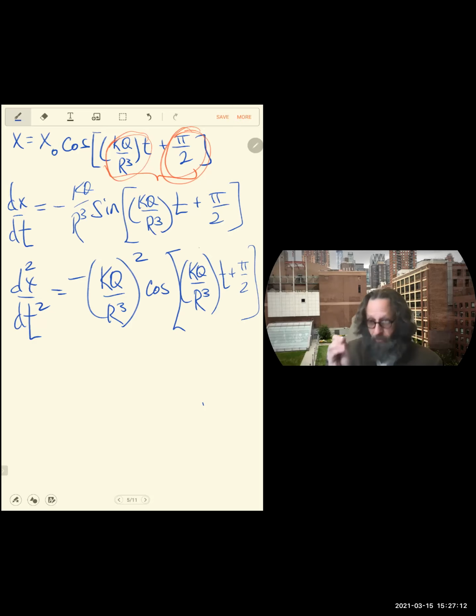There's a question, and I want to answer it. I don't know if the question's about this or not, but if you're confused at all about that pi over 2, you're all allowed to ask questions about it. It is actually part of what we're trying to practice right now, how to deal with that pi over 2. Ardell has a question, but feel free to ask about anything. Yes, I'm sorry, Ardell. Go.